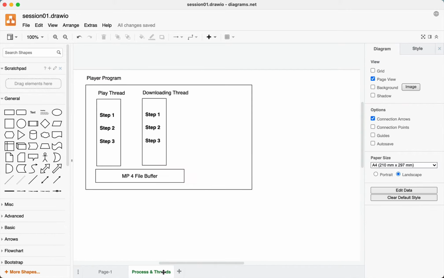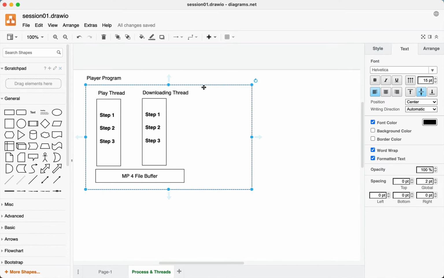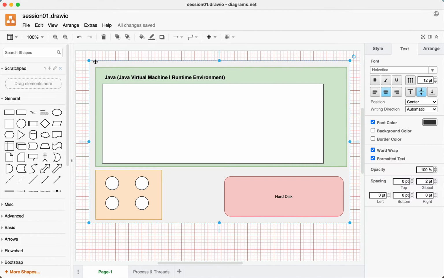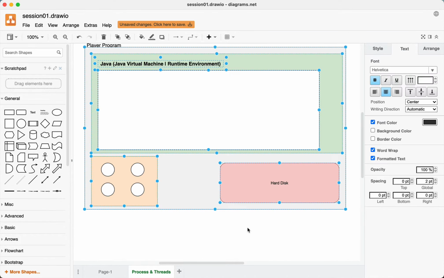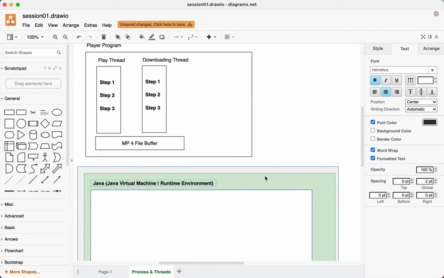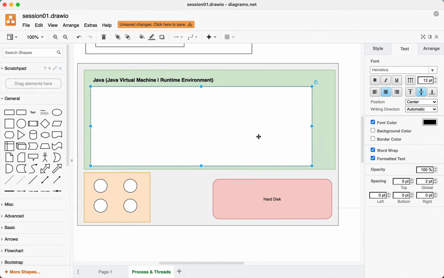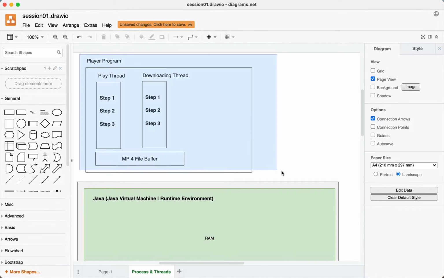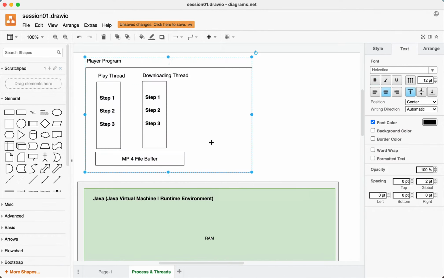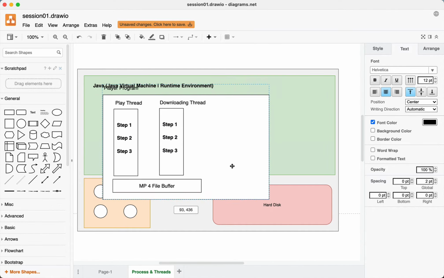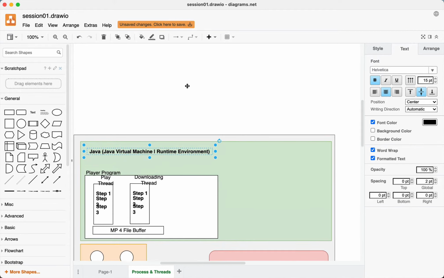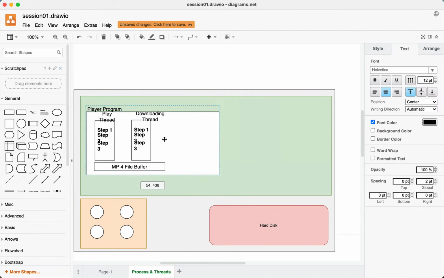So what happens here is that, see, I talked about multiple threads. This is a process, this is a program. This is your computer. Let me copy this and bring it out here, and I will just drag it and leave it over here. If this is the program that I was talking about, not the JVM, then where is this program? This program is there in the random access memory. So whatever the program is, whether it's Java or anything else, it may not be the JVM, it may be something else like the player program in this case.